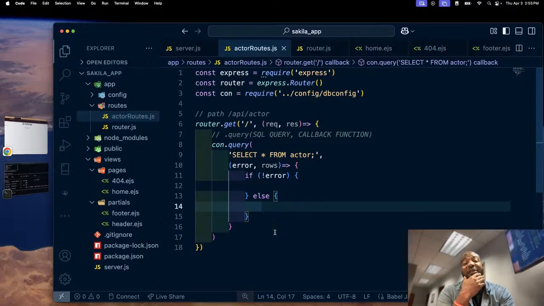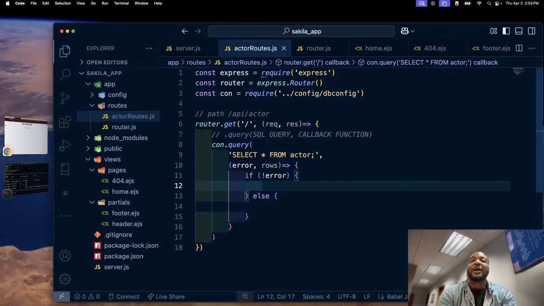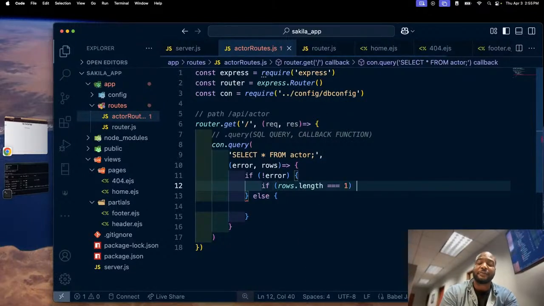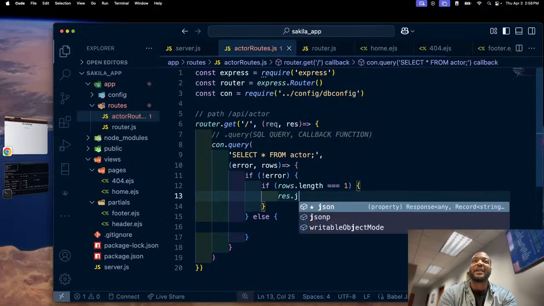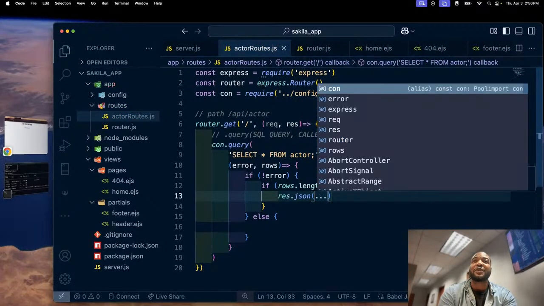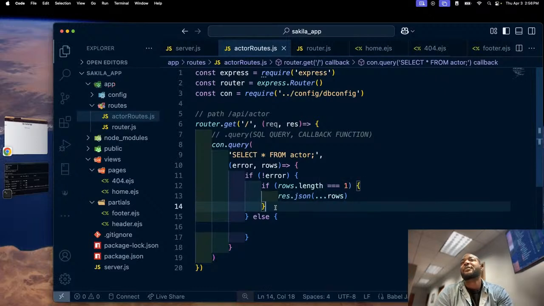And what I want to do is say, hey, if I don't have an error, then I need to check the length of the rows, how many rows I have. And that's going to determine something pretty important. I'm going to say, hey, if I don't have an error, if rows.length is equal to 1, then what I want you to do is response.json, and I want you to spread out the rows. Else,